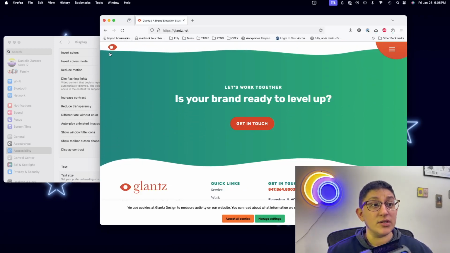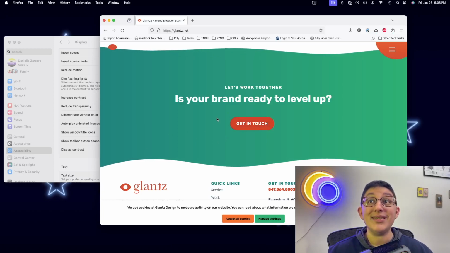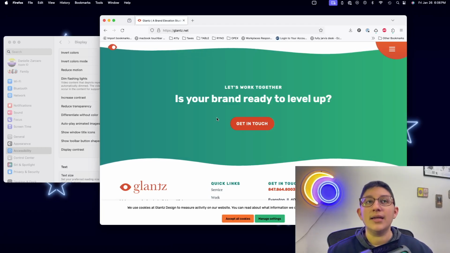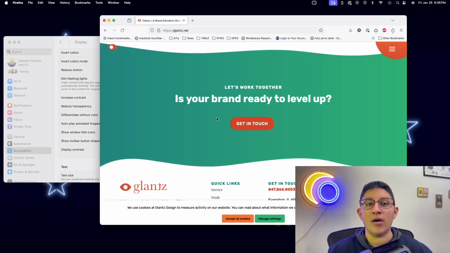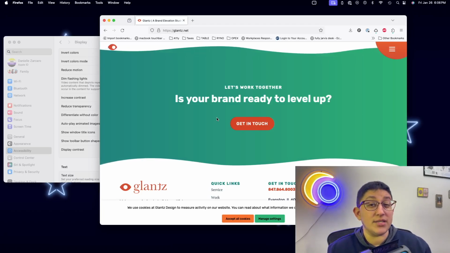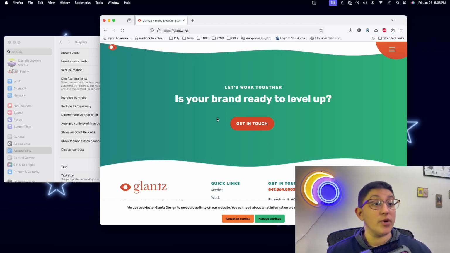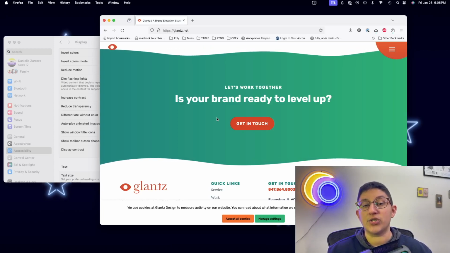You have this logo here that's also blinking at me. There's a lot going on that is really subtle, and so at first glance it doesn't seem like you really need to do anything about it because it's not blinking, it's not jittering, it's not doing a whole bunch of things that are possibly causing a seizure, but it is doing a lot to pull my focus in a lot of random directions that makes it hard to focus on what the page is actually trying to tell me.